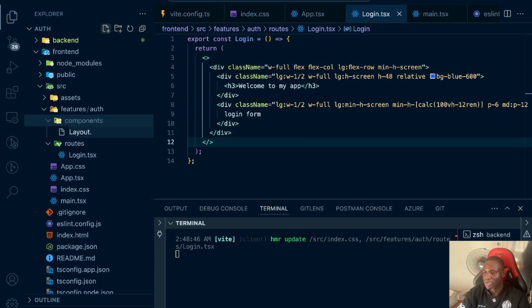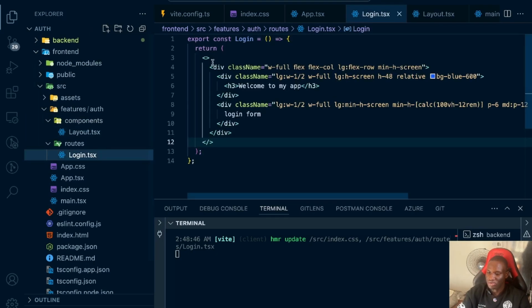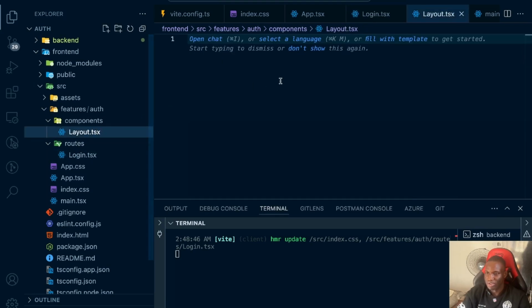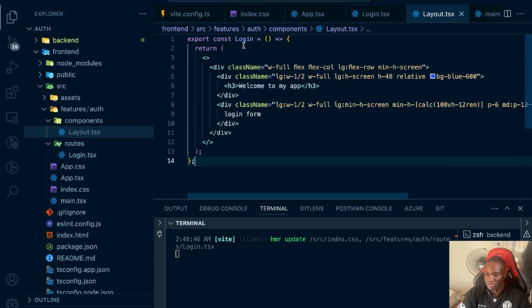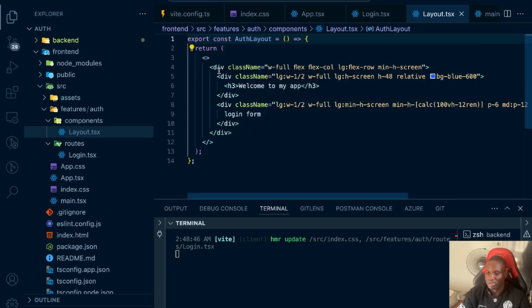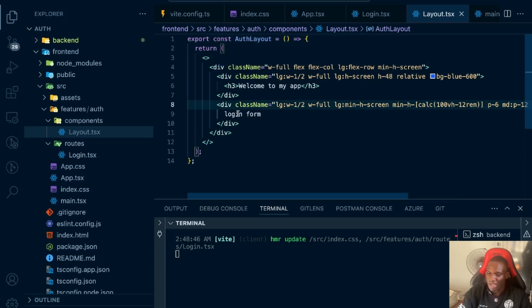This will be the layout for all the authentication pages. We're going to put it right here. So I'm going to copy this and paste it right here, and I'll call this auth layout. In this auth layout, instead of having the form, what we're going to do is return the children from that